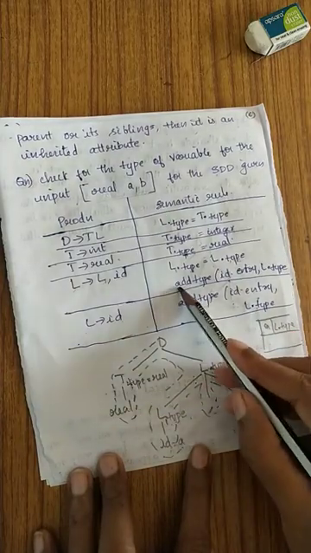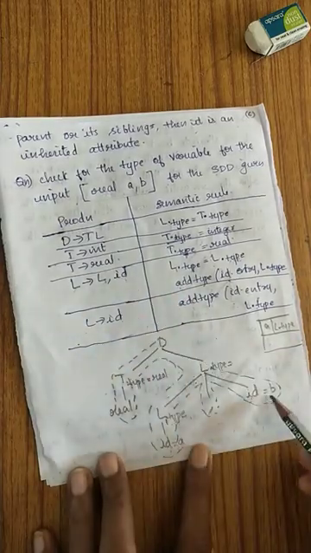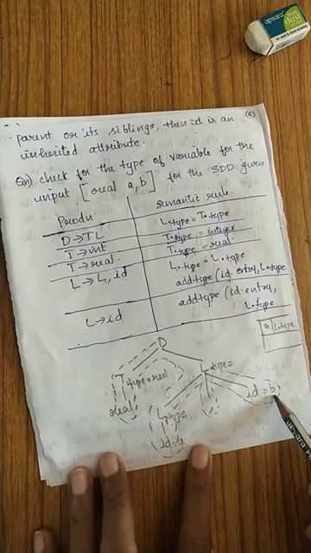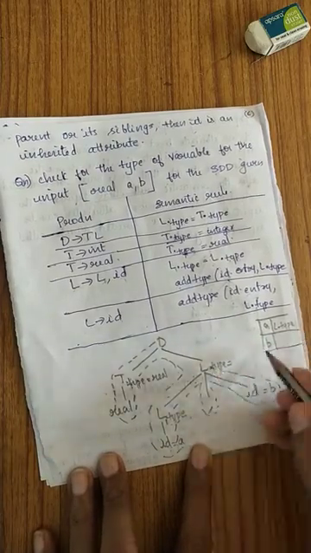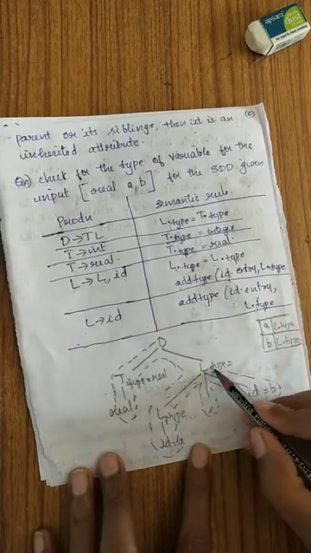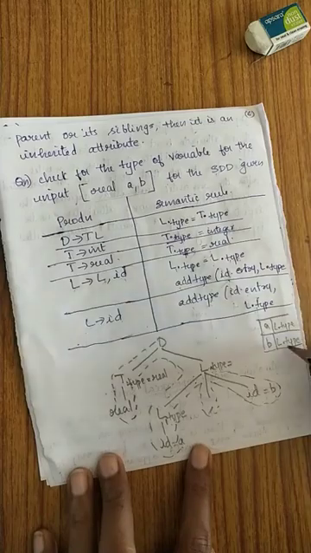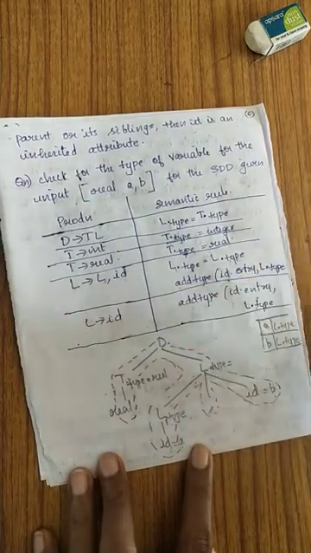And also there is another action to be performed. You have to add the ID, that is, here the ID is B. So you have to add the ID B into the symbol table along with this type, L type, which is unknown. So whenever I get the value of L type, that has to be entered here. Now coming to here,